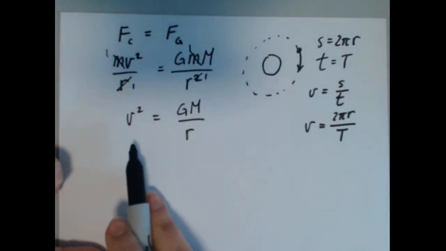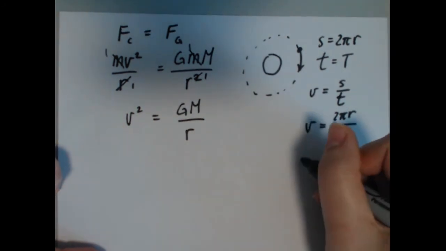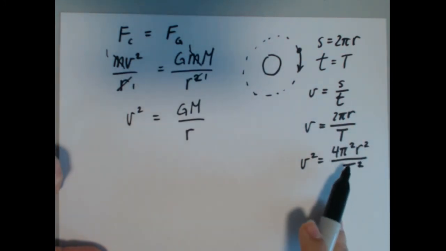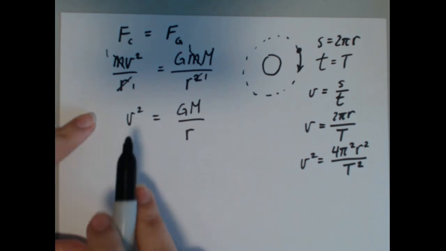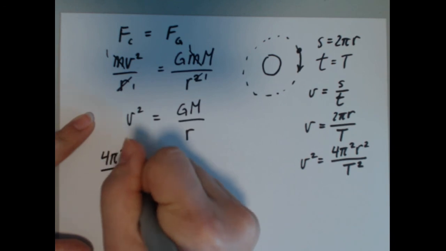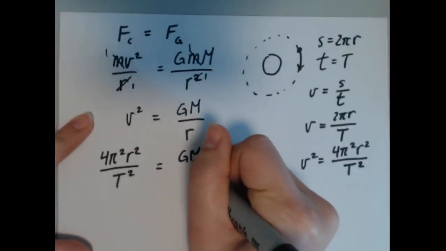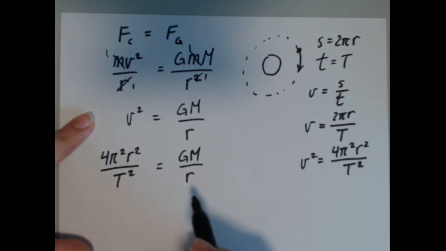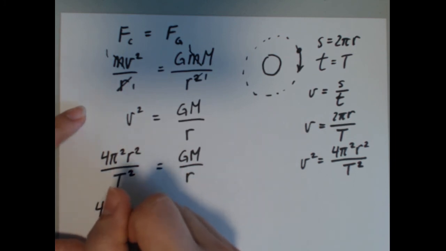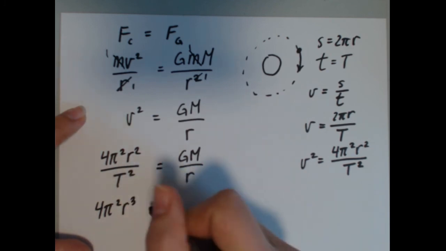Now in my expression I have v squared, not v. So I'm going to go ahead and square this. It's going to be 4 pi squared r squared over T squared. So I take that and I plug it in over here. So 4 pi squared r squared over T squared is equal to GM over r. All right, so what I'm going to do is take this r in the denominator and multiply it to the top left. And I'm also going to take that T squared and multiply it to the top right. So 4 pi squared, this will be r cubed, is equal to